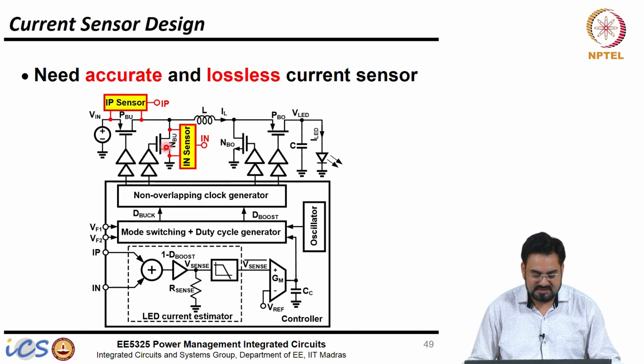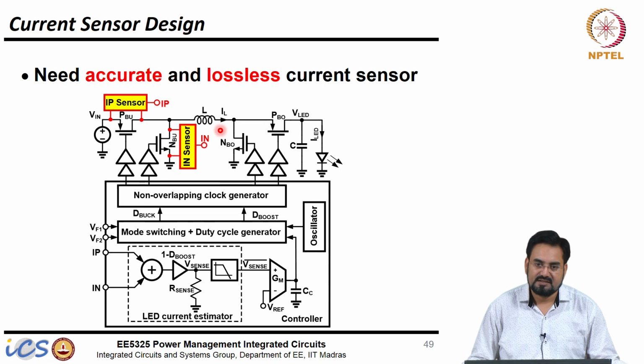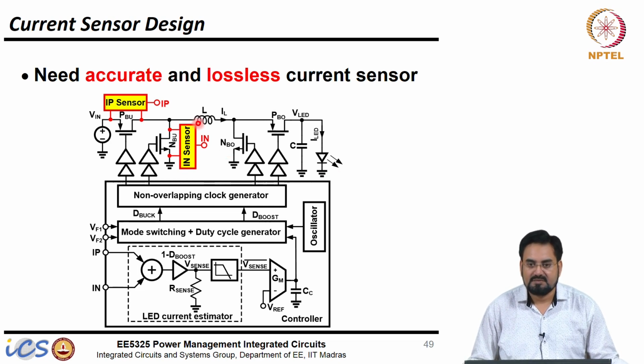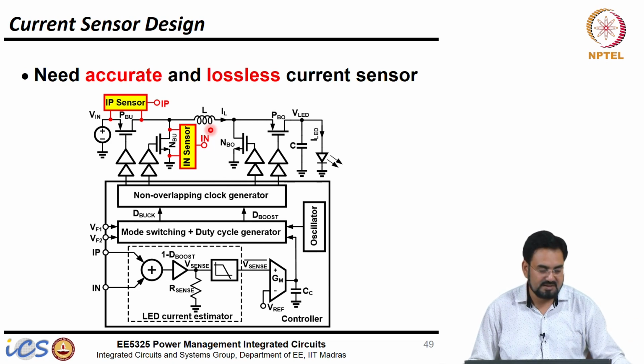So we have two sensors here, and once we sense both the currents, we can add up the two, and that will give me the inductor current. If I am in the buck mode, then it will be basically same as your load current. If I am in the boost mode, then I have to multiply this by 1 minus D in order to get the load current, because this will be boosted by 1 over 1 minus D.